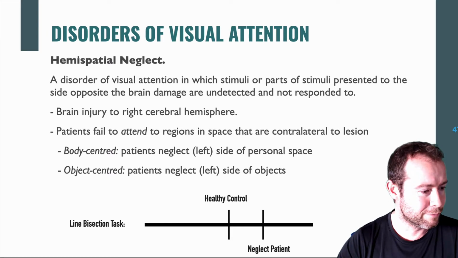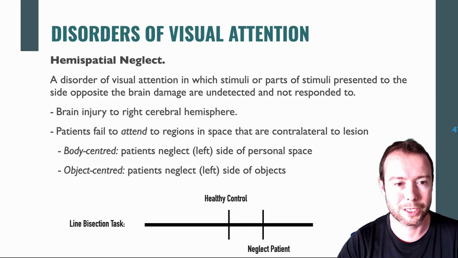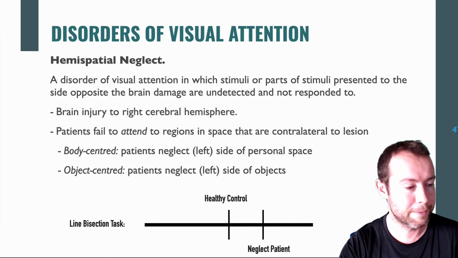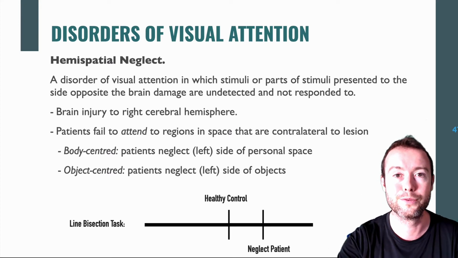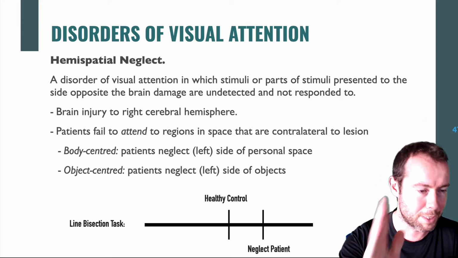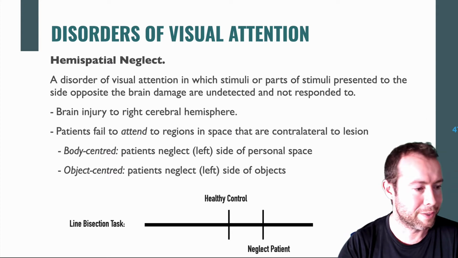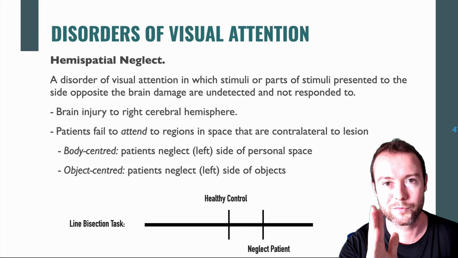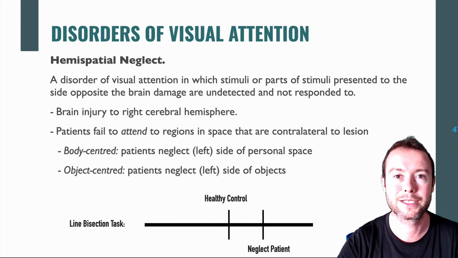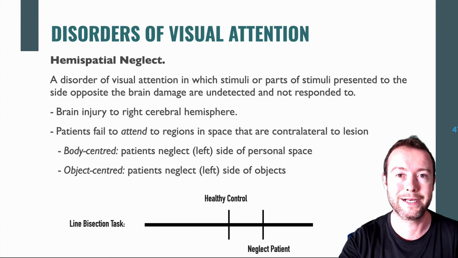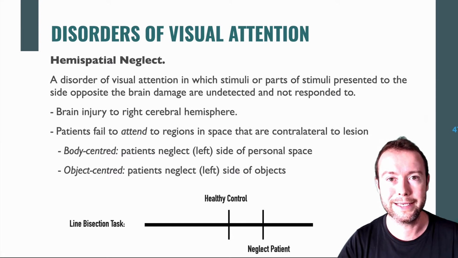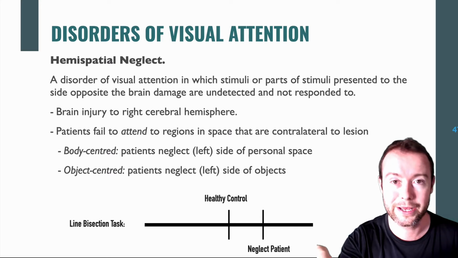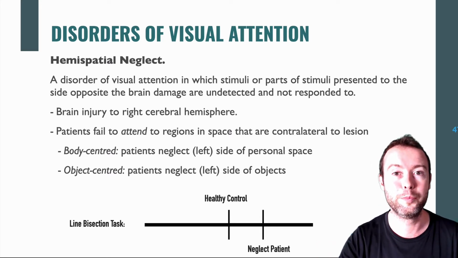A common way of testing neglect is through something known as a line bisection task. You give somebody a horizontal line and ask them to put a line through the center of it. A healthy control would put a mark right through the middle, whereas a patient with neglect would put something that is biased towards the right-hand side. Effectively, they're ignoring much of the elements on the far left-hand side of the line,